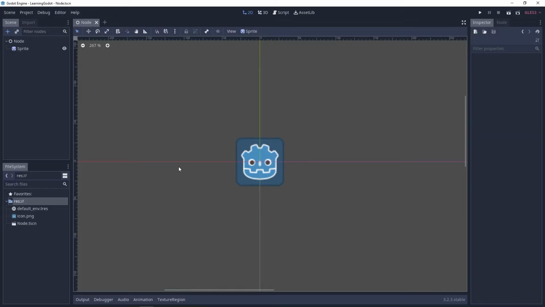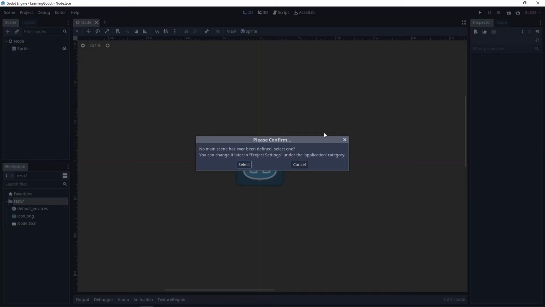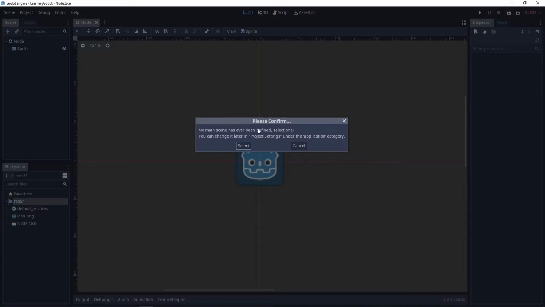Now let's take a look at the playtest buttons. These are on the top right, and these let you run the game or run a specific scene. You can also do things like pausing the game and stopping the game. Let's take a look at the play button here. You can click here every time you want to run your game, or you can also hit F5, which is the shortcut. I'm going to click on this, and Godot is going to tell me no main scene has ever